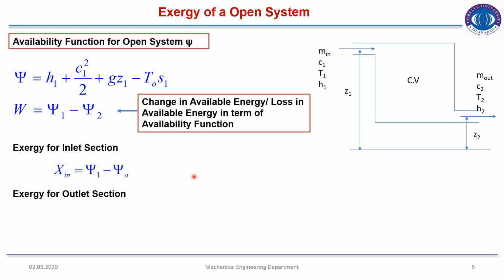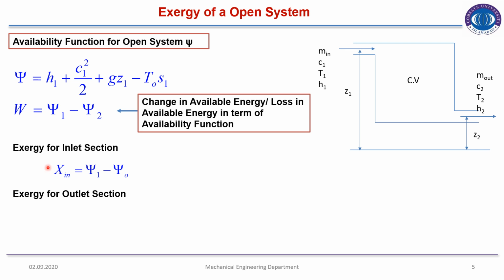We have already discussed the dead state in the previous lecture as well. So the availability function for the dead state is represented with the subscript 0. That is the availability function for an open system, that is psi naught. So psi naught represents the availability function for the dead state. To calculate the exergy for the inlet section,